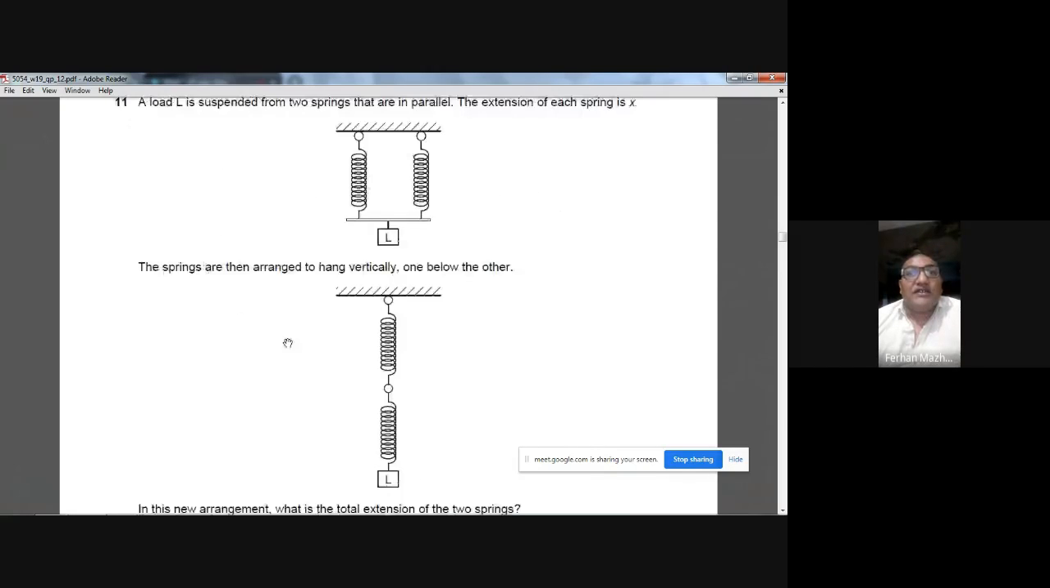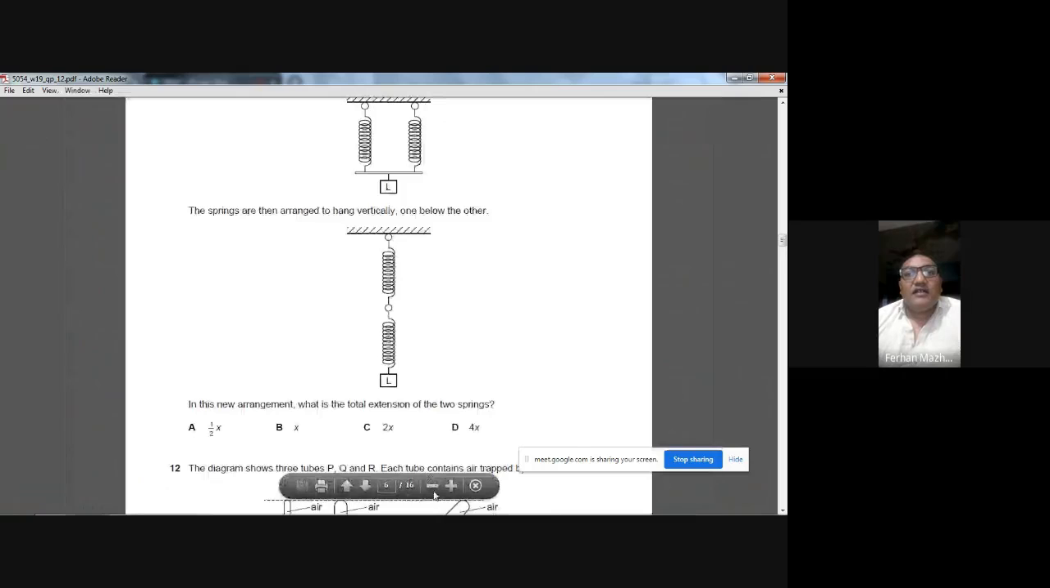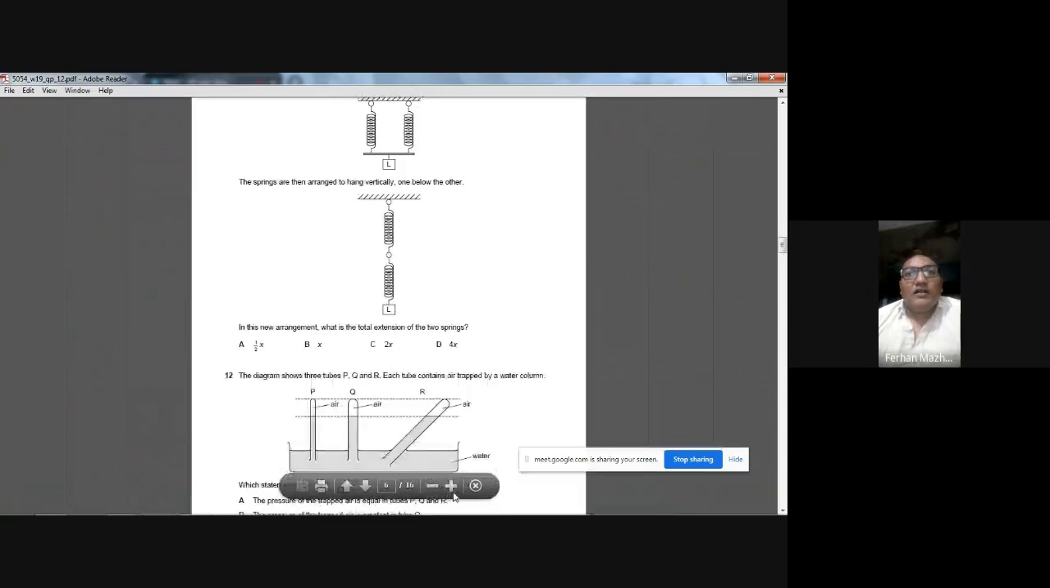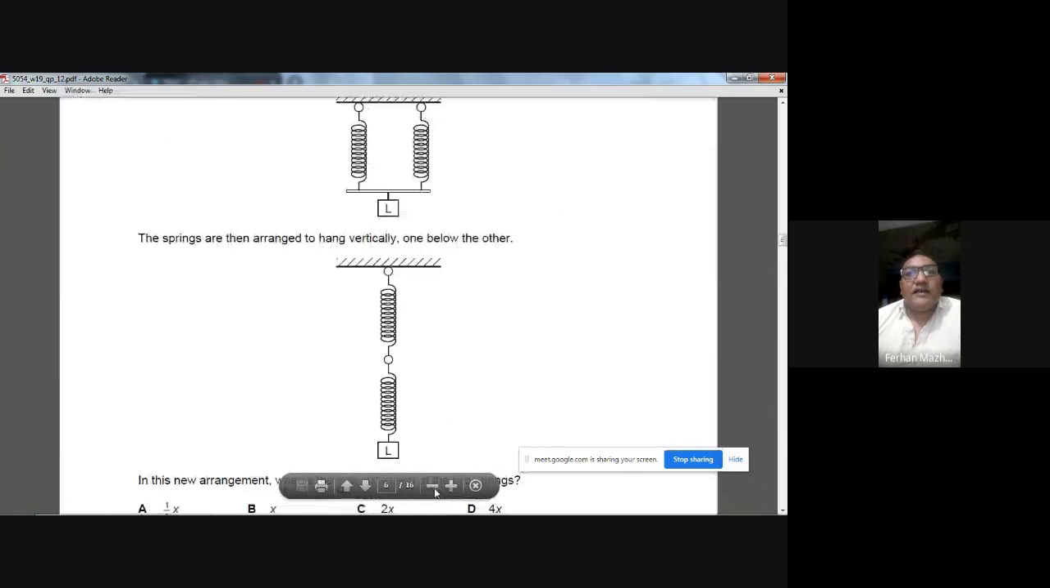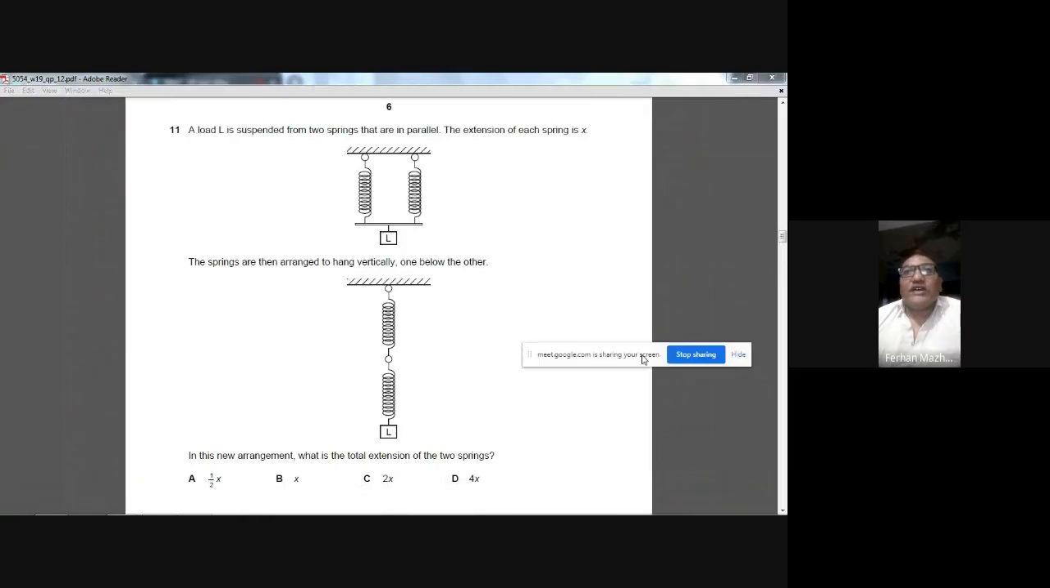Question number 11. Okay, we have to reduce its size a little bit. No. Let me adjust it. Okay, so you can see on your screen question number 11: a load L is suspended from two springs that are in parallel. The extension of each spring is X. The springs are then arranged to hang vertically one below the other. In this new arrangement, what is the total extension of the